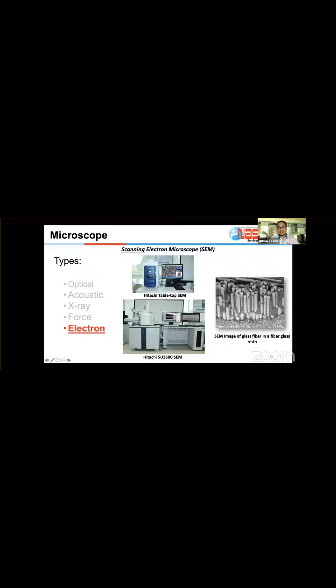A fiberglass that is dispersed on an epoxy resin. Now, what is special about electrons, and why do we need to use it for microscopy? Well, the answer is, if you look at the curve, the blue one, this is actually the wavelength of the